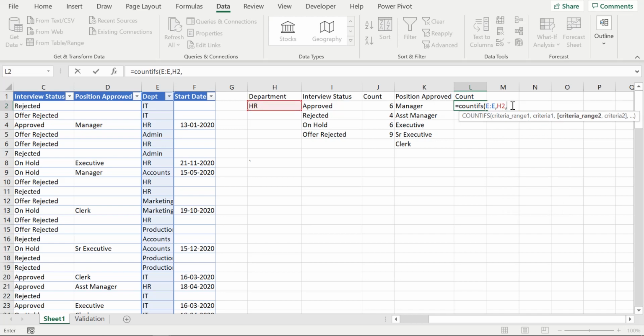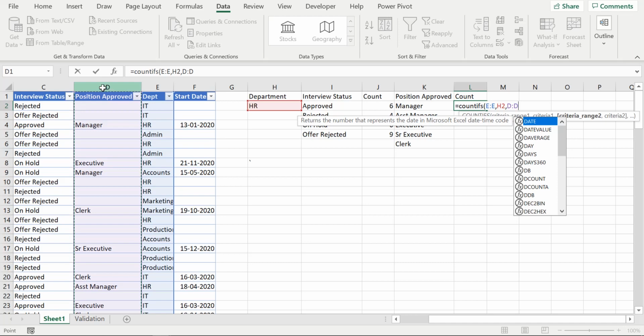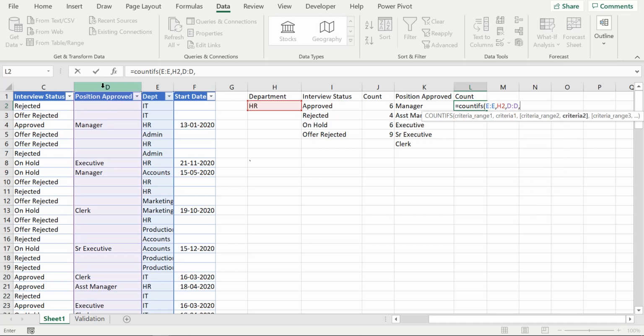First we will take the criteria range 2. So here it is position approved, which is in column D. So I go to column D, and the criteria for this range is K2, that is manager. And now I will make this H2 absolute.